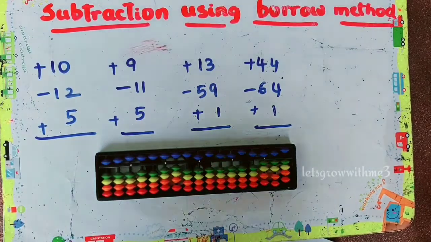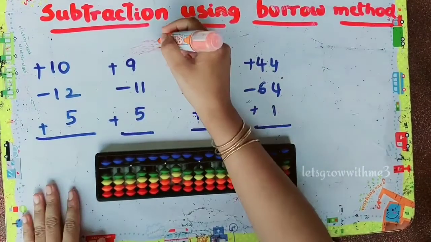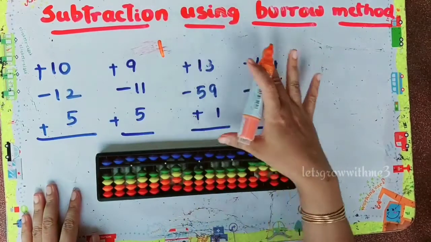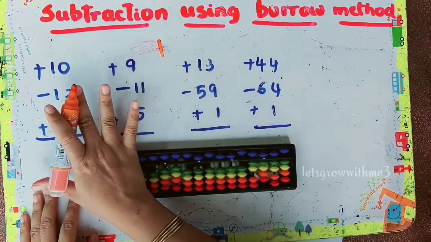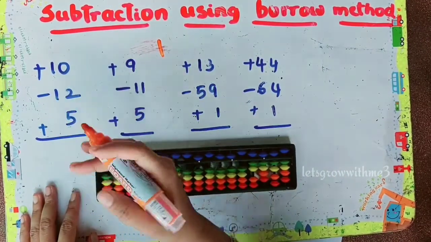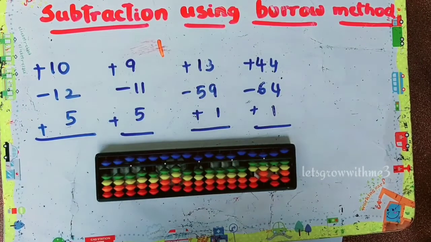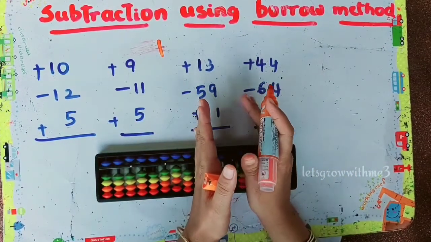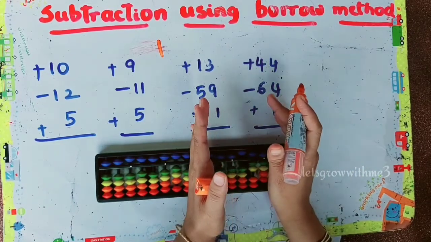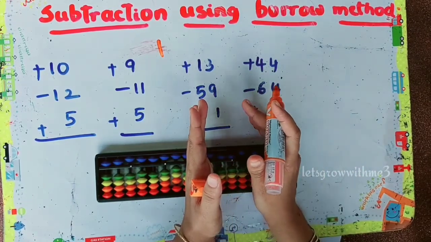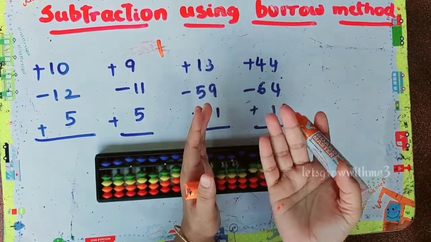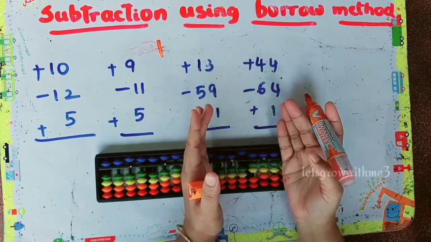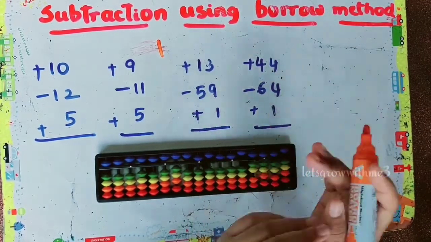So here actually we have two types of category problems. One category where we will take borrow but we won't get negative value as our answer. But we have few problems where we need to take the borrow and our answer is in negative form. When will we get the negative value? If our minute is positive, the answer is positive. If the minute is negative, then the answer is negative.